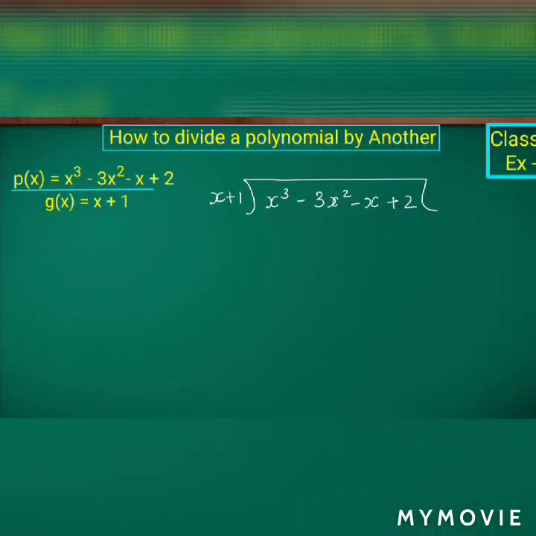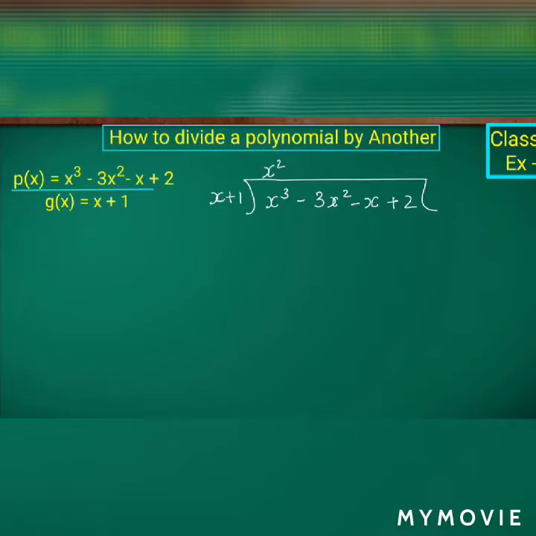We'll take the next example, that is p of x is x cube minus 3x square minus x plus 2, and g of x is x plus 1. I have already told you how to take the dividend as well as the divisor, isn't it? It depends upon the highest degree. The highest degree should be the dividend and the least degree should be the divisor. The only thing is here we have to do the long division method. Already I have the divisor x plus 1, so instead of only x, I have x plus 1. The only thing is we have to cancel the terms.